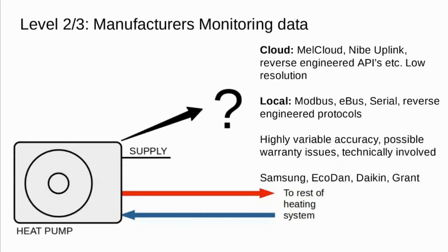Vaillant have used eBus, Ecodan, there's a serial connection. You can use the same port that the MelCloud Wi-Fi connection plugged into to get data out. And there's various projects on GitHub which focus on how to interact with these heat pumps to get the data out. But nearly all of these local implementations, apart from the Samsung one, where Samsung actually publish official Modbus documentation, all use reverse engineered protocols,